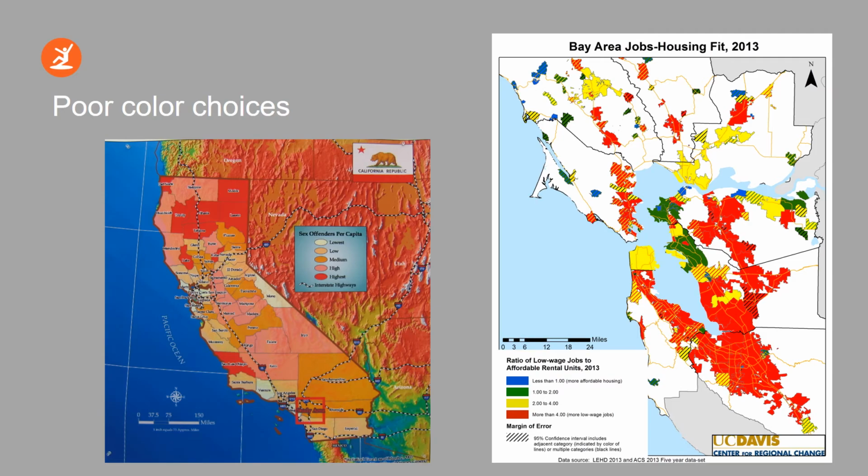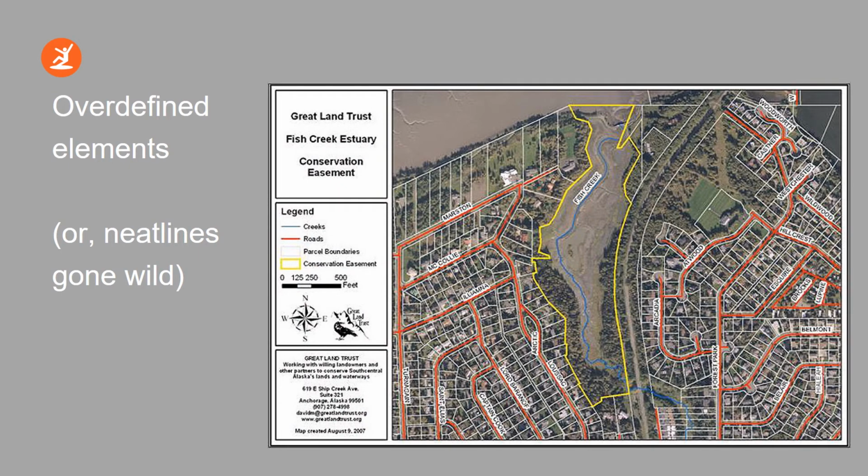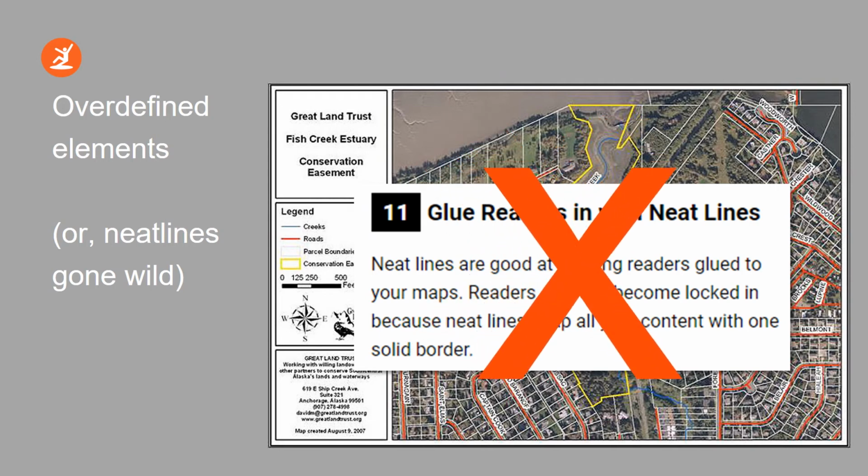There are a lot of lines on this map, right? Here's somebody who had 20 rules of cartography. Glue readers in with neat lines. And no, do not do that. Neat lines are probably the most overused cartographic technique out there, and they just get in the way of things feeling coherent. This is a map that has just about everything wrong,